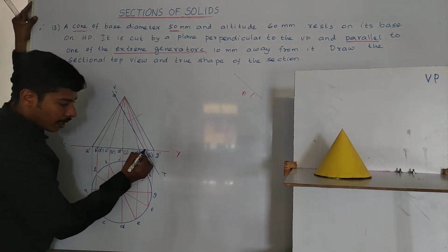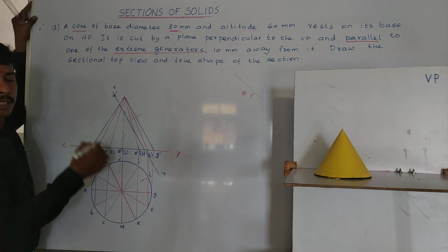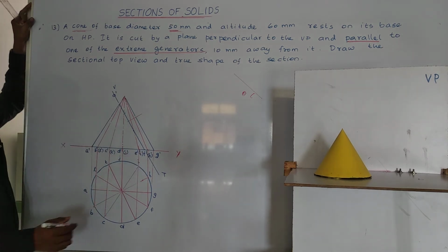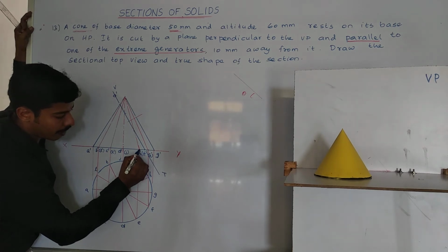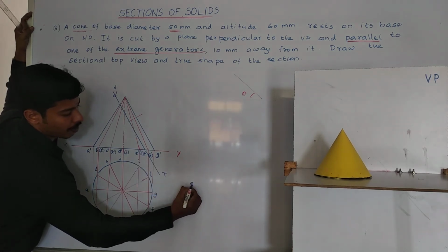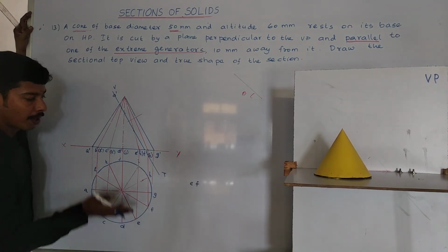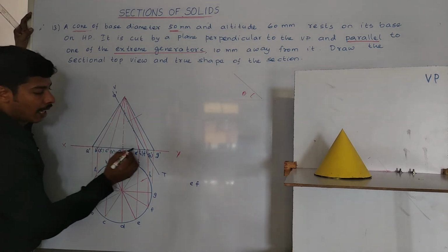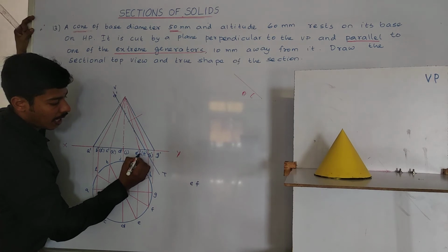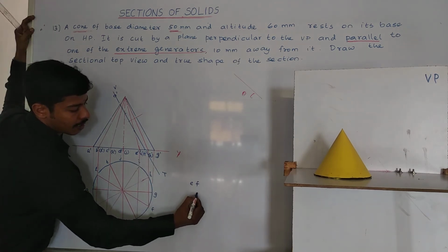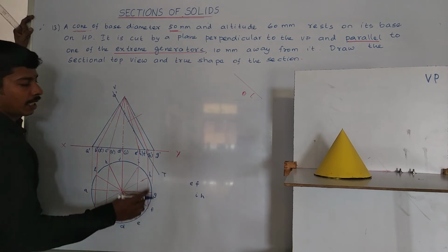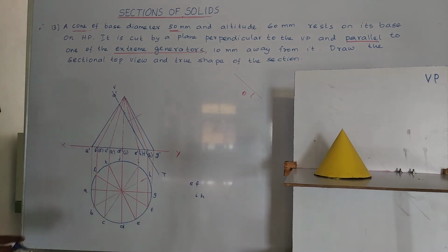Here it is cut on the base. Here it is placed cut on the base. Here also we have two edges. Visible means E and F. So in the back, hidden edge is there. So hidden edge is I and H. I and H we have. So we will start numbering over here.